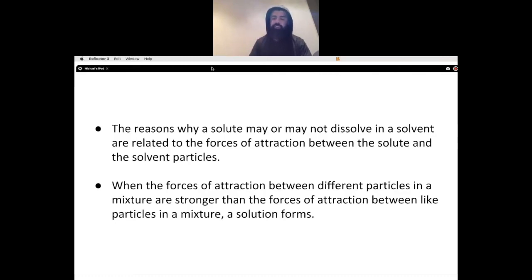So when the forces of attraction between the different particles in a mixture are stronger than the forces of attraction between particles in a mixture, a solution forms. Okay, so all of a sudden it's the idea that, well, we know that water molecules have an attraction to other water molecules. We know that salt has an attraction